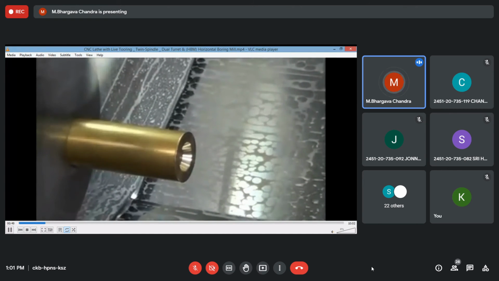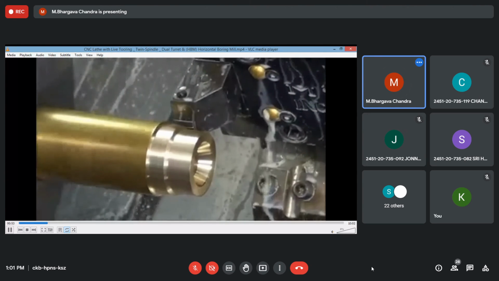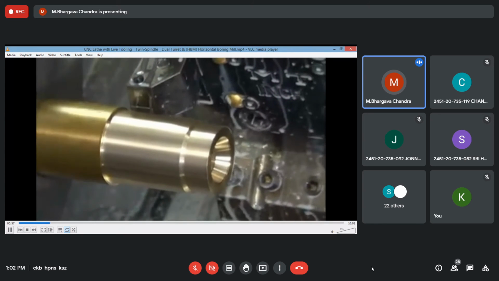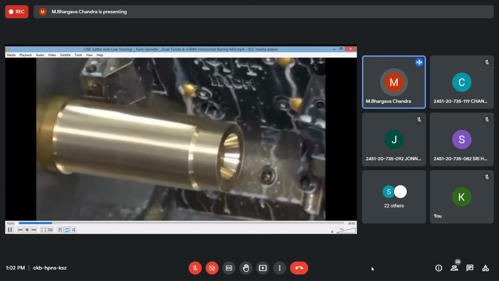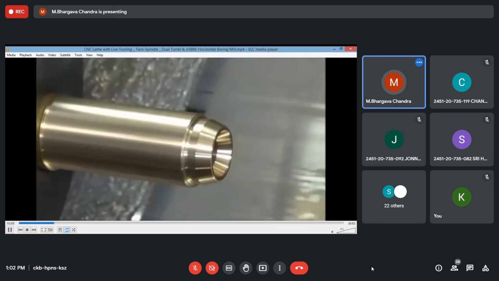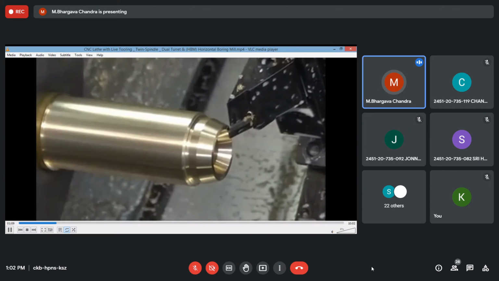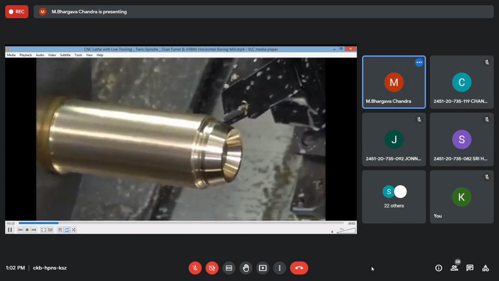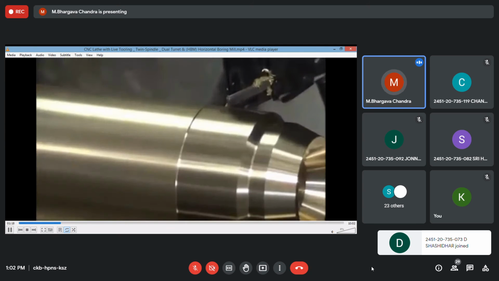So the working time is reduced to almost 1/10. In 10% of the time you can complete the operations that you do on the manual lathe machine. Still, manual lathe machines are used in small lathe machine shops because the CNC machine cannot be afforded by all. Only large industries can afford it because of the expense.